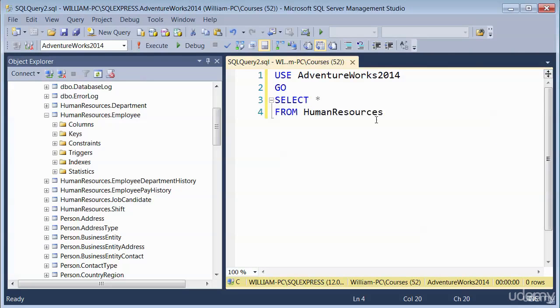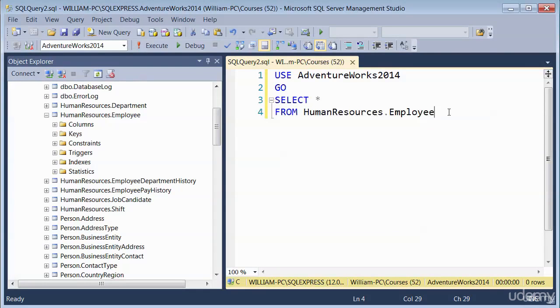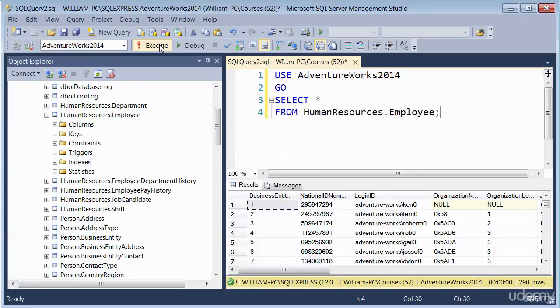That's the schema. If I put a dot in there, it will give me a list. That's the employee. So this is what I want, and I just do a semicolon. It's good practice. So my query is good to go. So I'll just execute this,